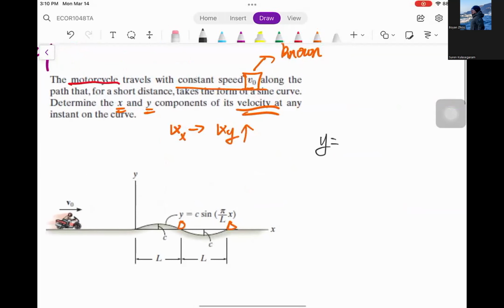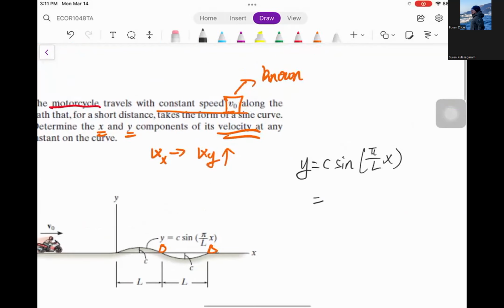I'm going to copy down the relationship for X and Y for displacement, and we're looking for the velocity. So we're just going to take the derivative on both sides, because remember, the velocity is equal to ds over dt. We're going to differentiate over time on both sides. On the left-hand side, y becomes, writing it completely, dy